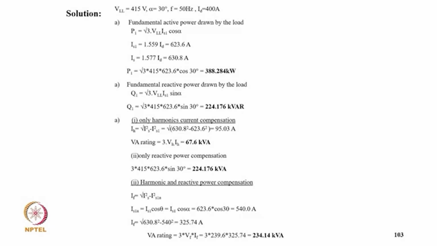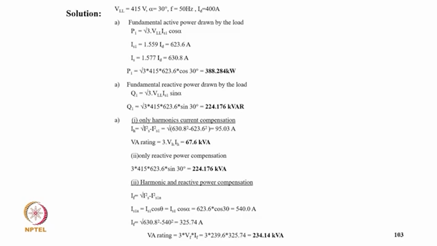ID equal to 400 ampere, and the fundamental active power drawn by the load is P1 equal to root 3 VLL IS1 cos alpha, and IS1 equal to 1.559 ID, 623.6 ampere, and IS equal to 1.507 ID, equal to 630.8 ampere, and P1 equal to root 3 into 415 into cos 30, that comes to 388.284 kilowatt, and the fundamental reactive power drawn by the load is Q1 equal to root 3 VL IS1 into sin alpha, so Q1